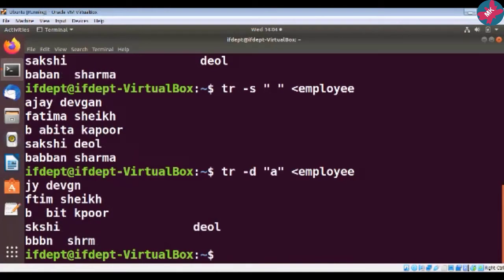So let us check the output. So see here, it was Ajay Devgan. So wherever A is appearing, that has been deleted, isn't it? So in Fatima, A is not present here. So all A's have been deleted by this particular option minus d.